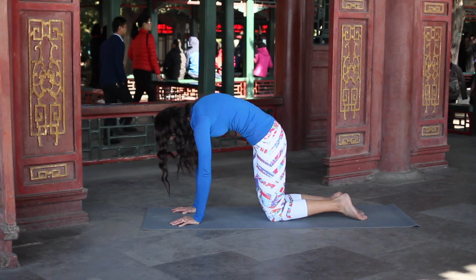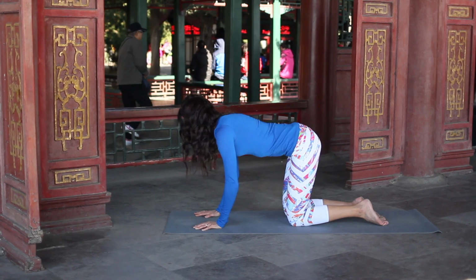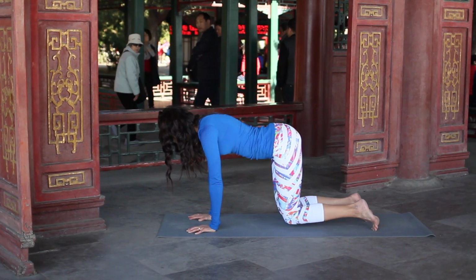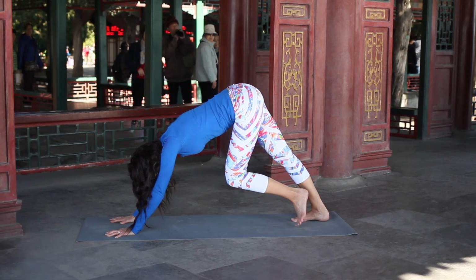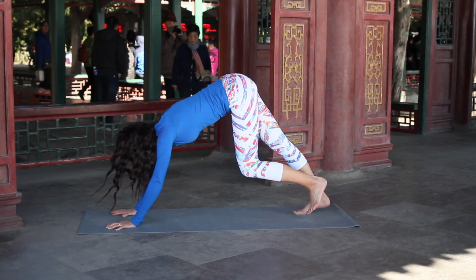Exhale, round the back, and inhale, looking up to the sky. Tuck the toes and push back into downward facing dog. Go ahead and bicycle out the legs, walk it out, wake up those calves this morning, and go ahead and